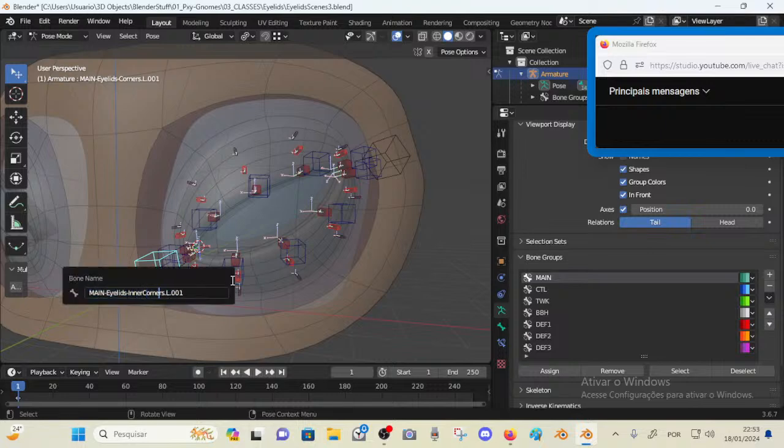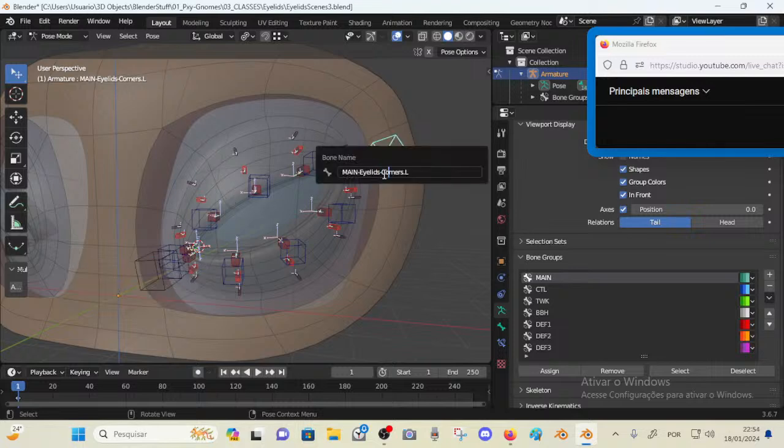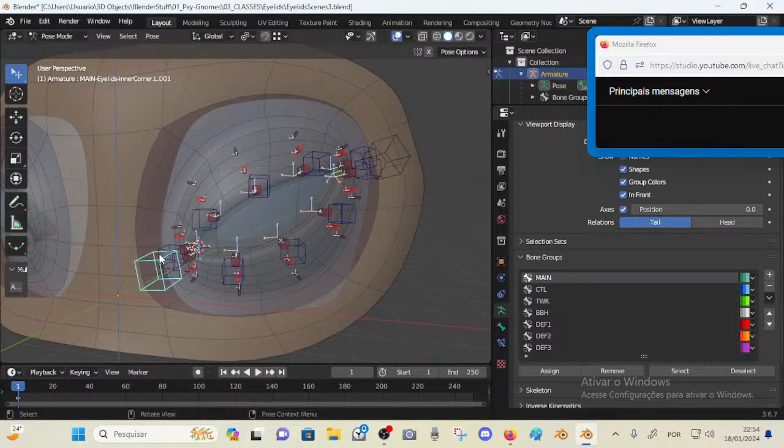Inner corner, and outer corner. So this is just, oh yeah, and then